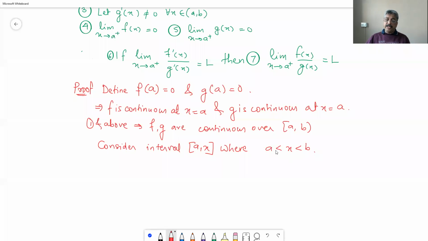X is any point between a and b, and it is differentiable at that point, therefore it is going to be continuous also, therefore now I can have both the brackets closed interval, right? Applying Cauchy's mean value theorem, CMVT, over closed interval a comma x, we have